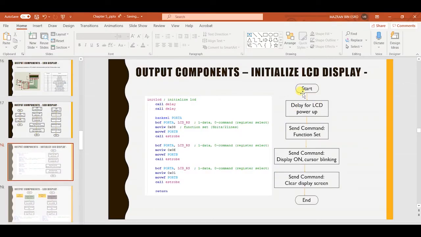Initialize LCD. The first part is call delay. You have a delay subroutine ready, and then set command function set. Bank select port A, and then clear flag port A LCDRS. LCDRS is the port